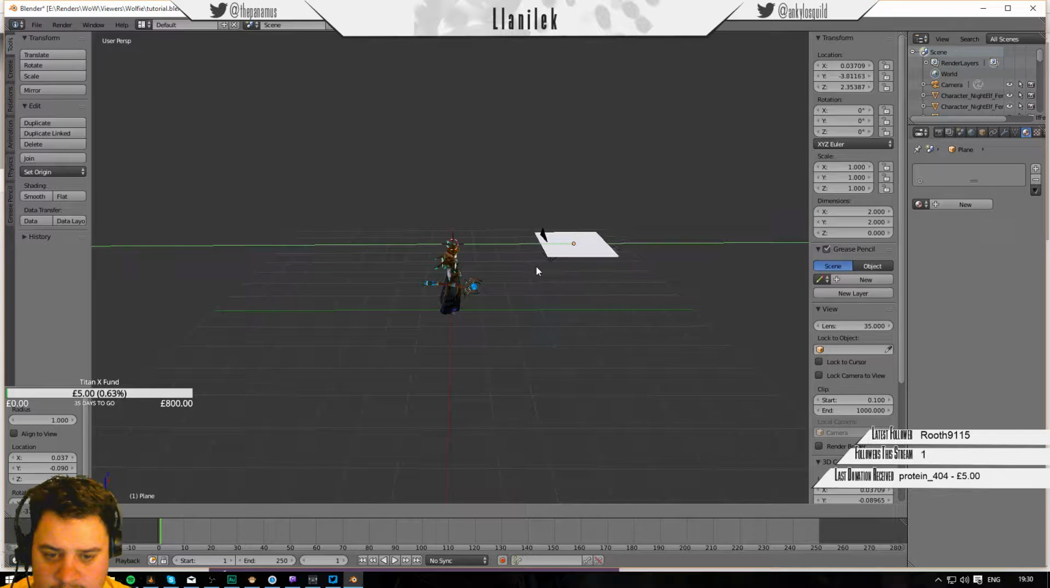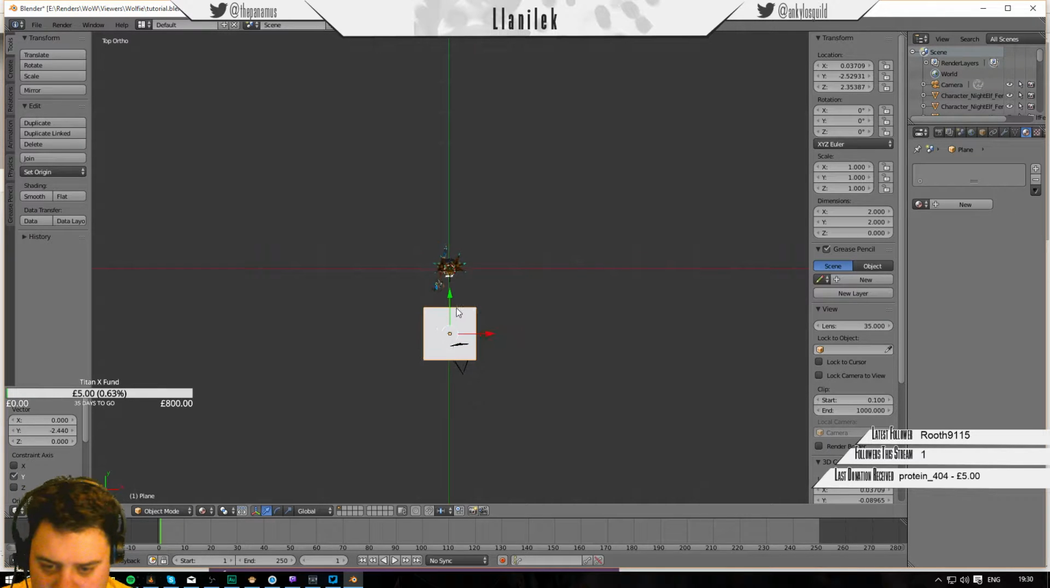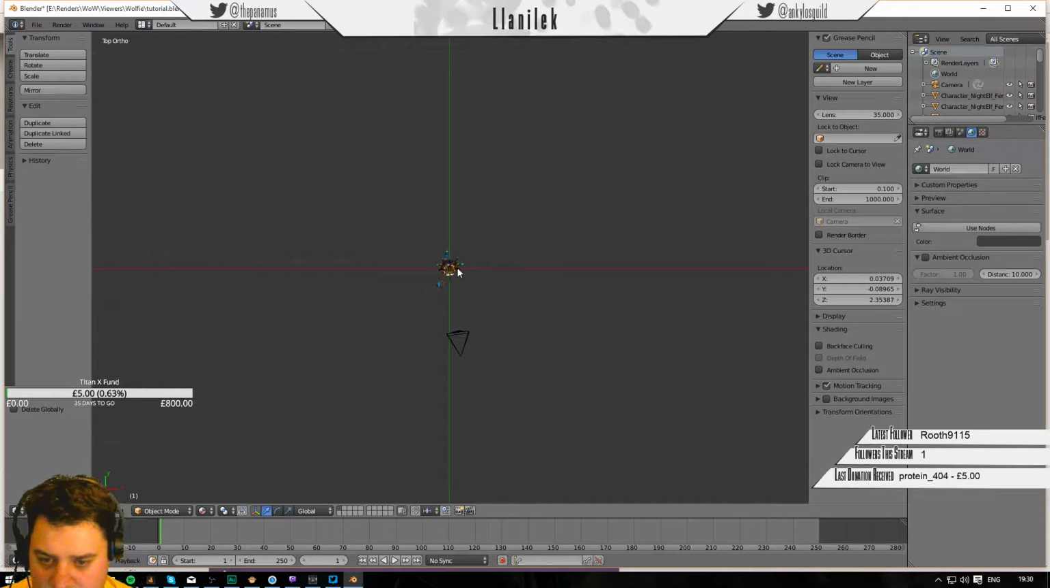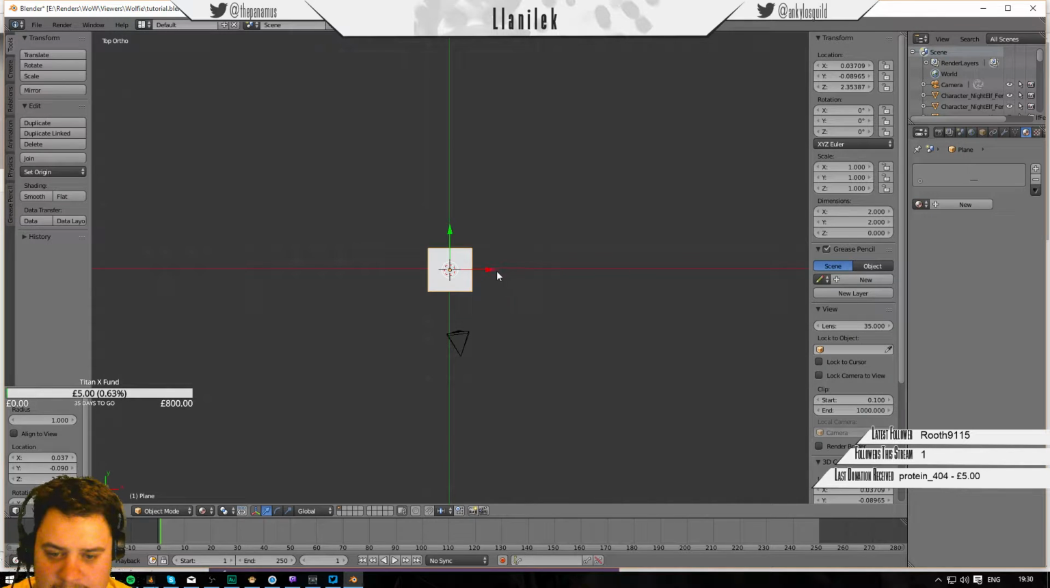So what we're going to do is press 7 and 5 to go into orthographic mode. That's on the numpad, and what we're going to do, we shift. Alright, let me just do that again. We're going to shift and A to add a mesh, and then plane. We're going to grab this green arrow and move it back to about here,